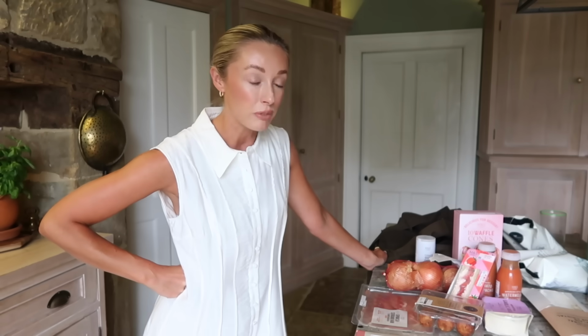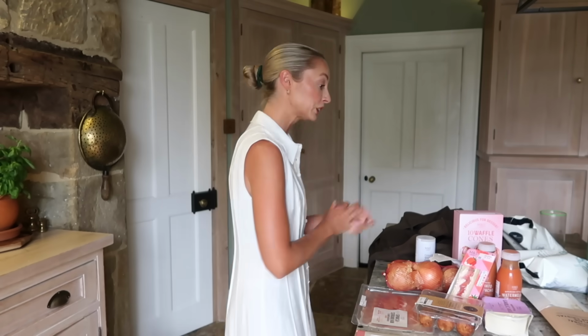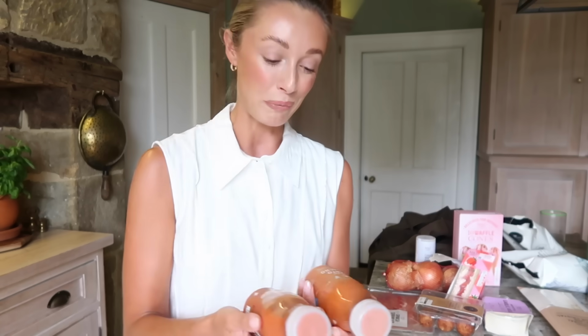Because sometimes I want to slap myself because I hear how I sound, and I know that so many people watching are like, Josie, I just don't have the time to make these kinds of things. And it's nice that M&S give us the ability to enjoy pan con tomate when you really are just in a huge rush. So speaking of things that you could really easily make yourself, but that I've chosen to buy,